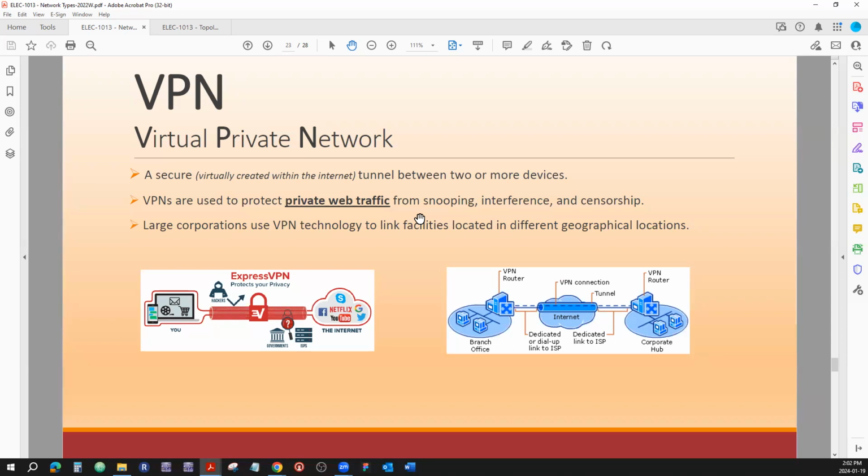Running wires from one building to another would be so impractical and pretty much impossible to accomplish. What we have is those stores would log on to a reserved space on the internet that nobody has access to but that company only.